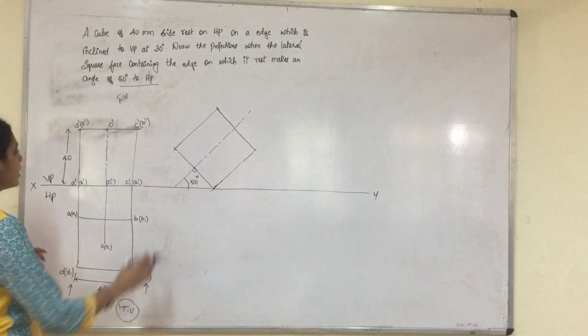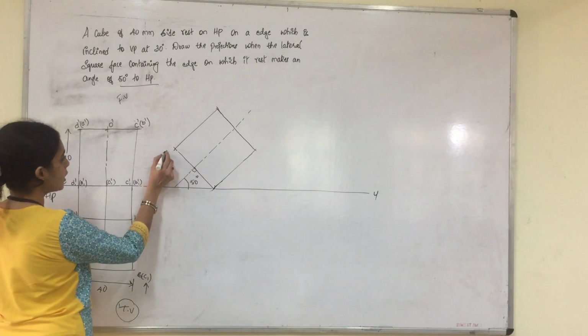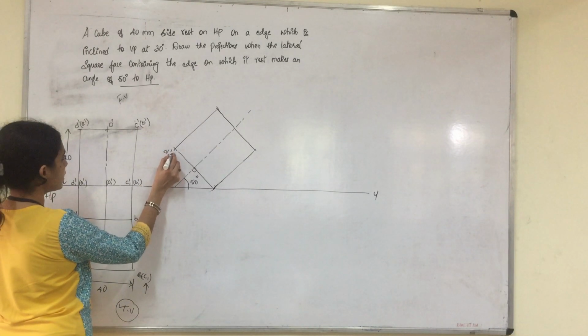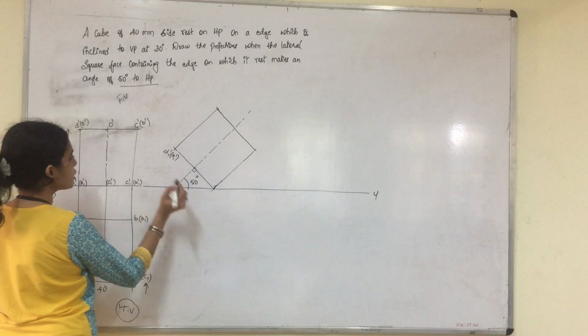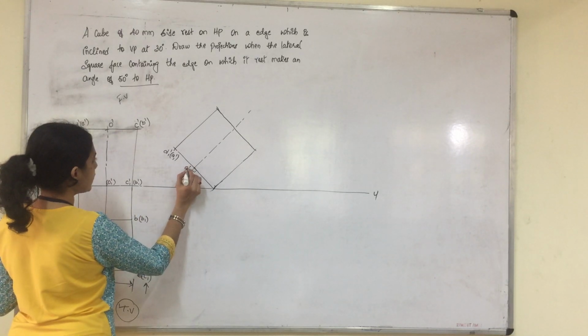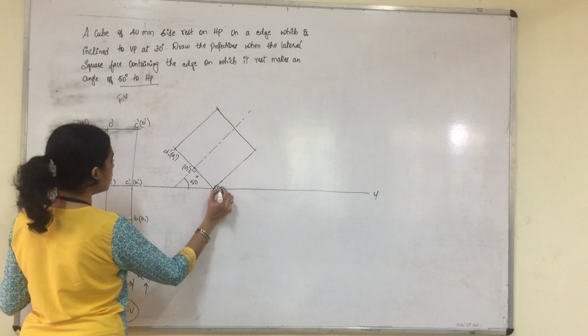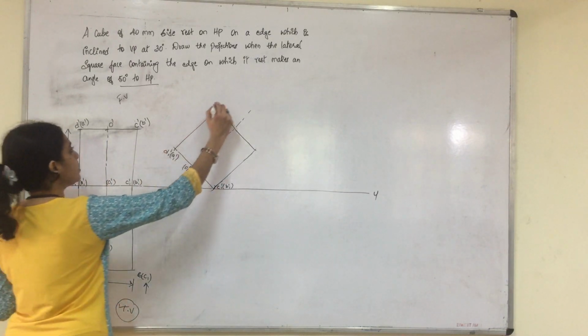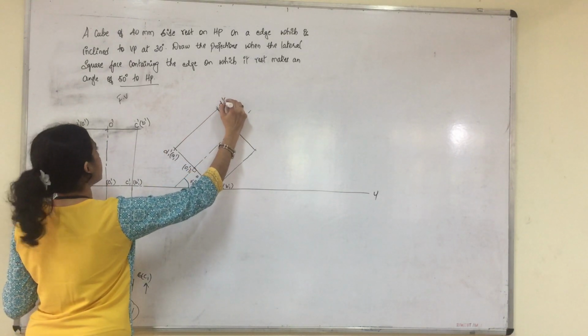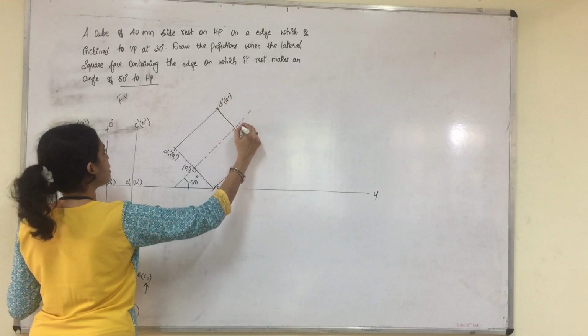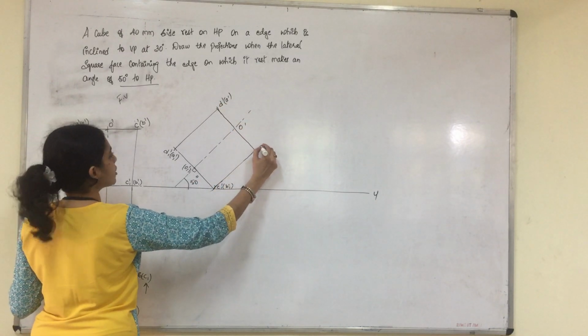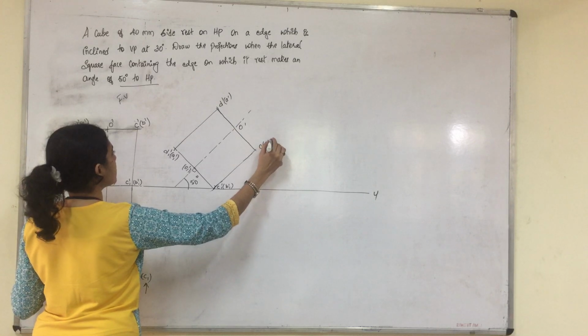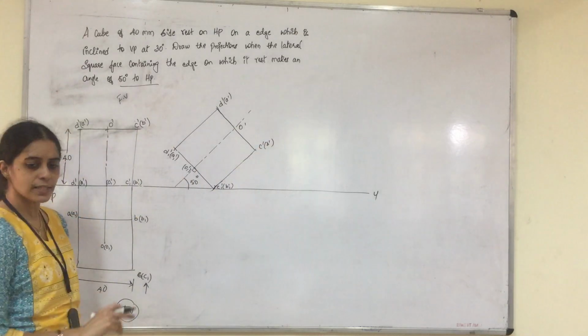Once this is done, give the same naming, don't make any change. So this is D1 dash, in the bracket A1 dash. This is O1 dash. This is C1 dash, in the bracket it is B1 dash. Similarly here D dash, A dash, O dash, C dash and B dash. Write the same naming.